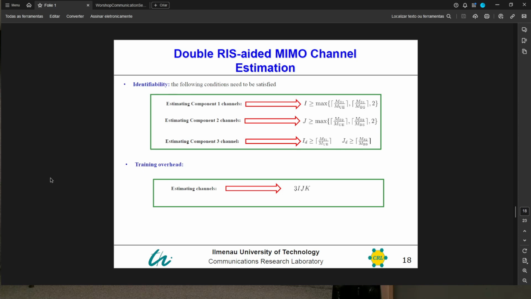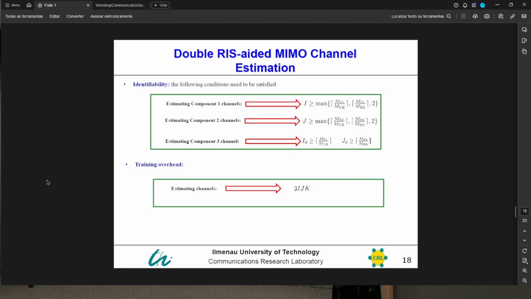And then where this MSI1 is the number of elements in the RYX, and then MUE is the number of antennas at the transmitter, and then